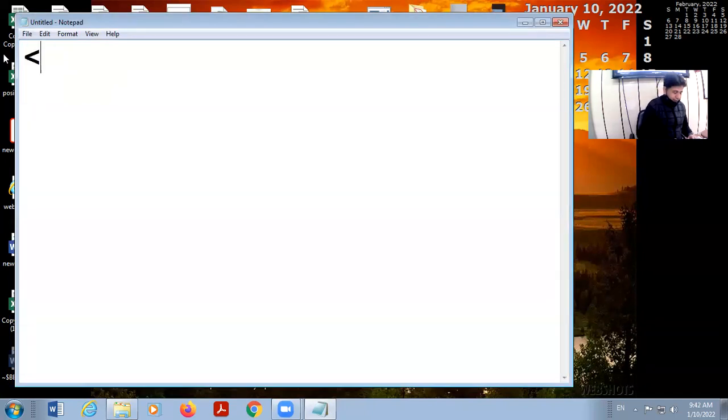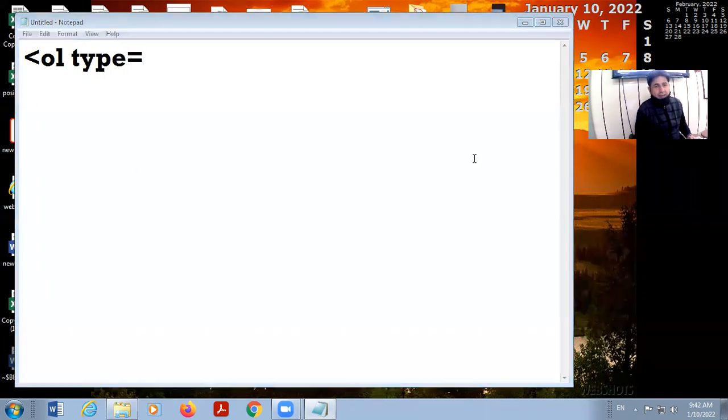You will have to write it like this: OL, then type. Here you can give the type as 1, or you can take it as A, or small i, or capital I, or number 1.